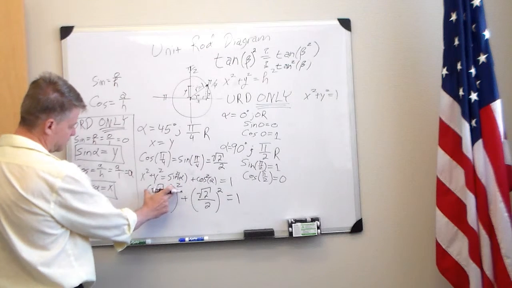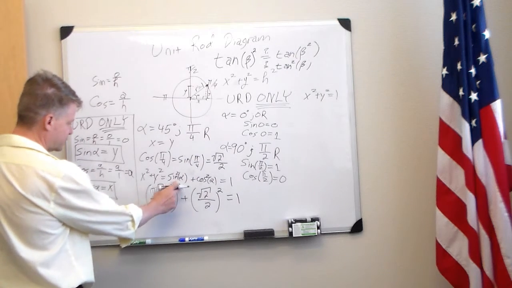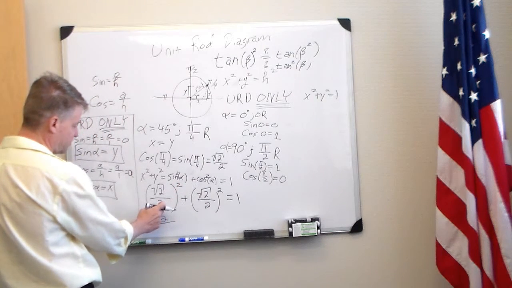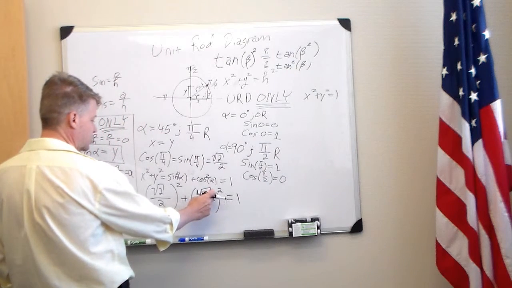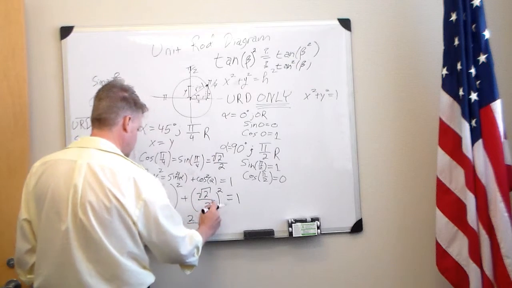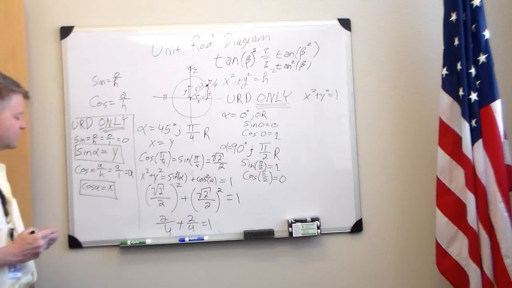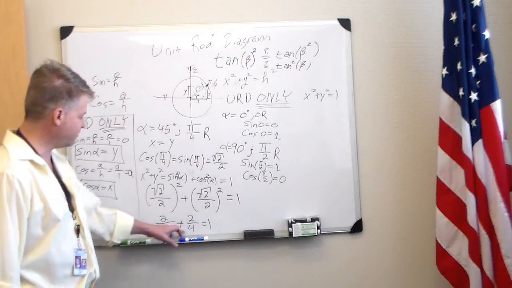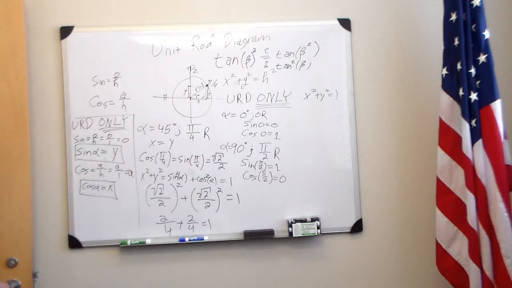If you square a fraction, you have to square both the numerator and the denominator. So this becomes the square root of 2 squared, which is 2, divided by 2 squared, which is 4. Same thing here. Square root of 2 squared is 2. 2 squared is 4. And if you work this out, well, 2 over 4 is 1/2. 2 over 4 is 1/2. 1/2 plus 1/2 equals 1. So yes, that is true. That at 45 degrees, for a unit rod diagram,